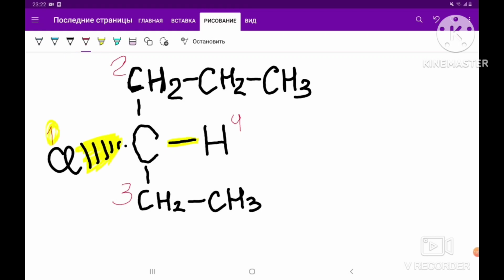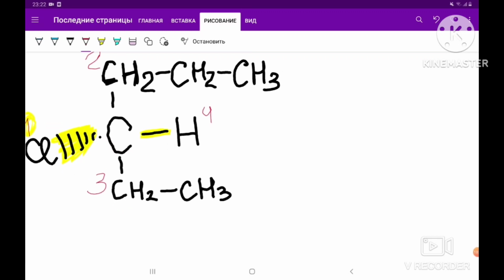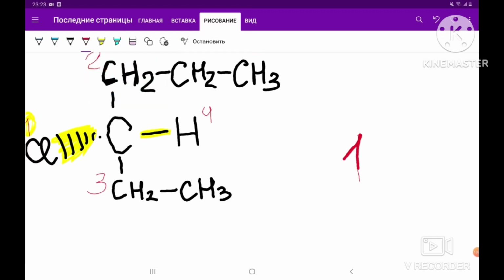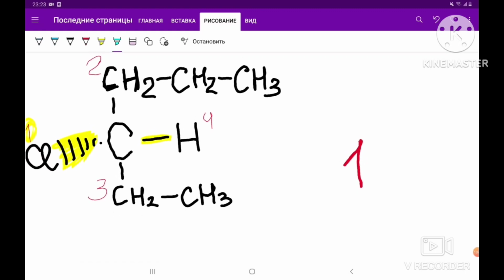So take 1, put it in the circle and in the middle, and then in the same order we will place the other numbers. So 2, we see it's above the 1, so we write 2 above it. 3 and 4, if we compare, 3 is on the left and 4 is on the right, so we draw them like 3 on the left and 4 on the right, and 1 is in the circle, as I said